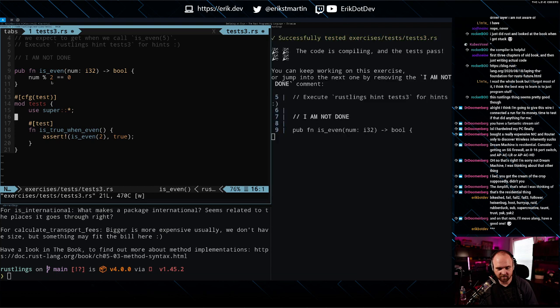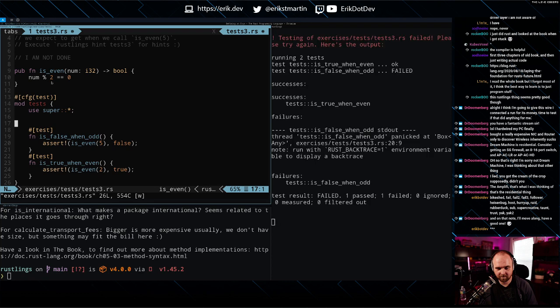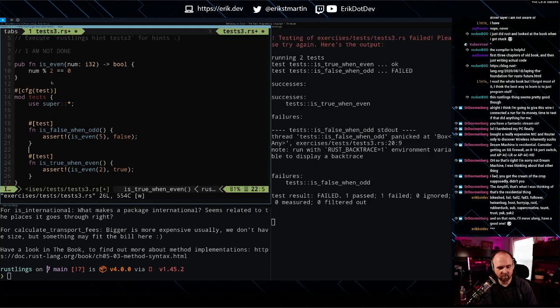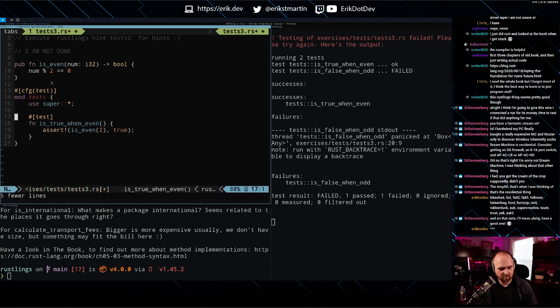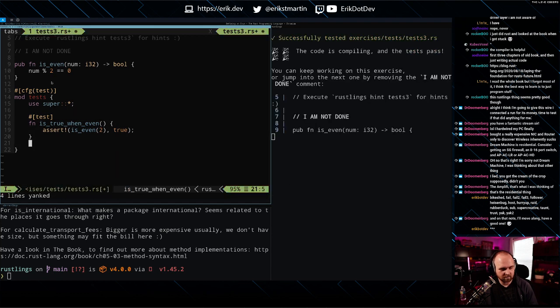But what I'm curious about now is if we move this up here, is it the second one that fails? No. It's always the is false when odd. It's false when odd. Same exact test. Passes. Okay.